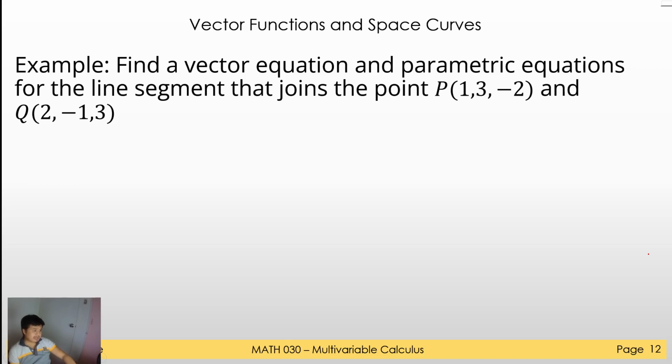Okay, so we have another example here. Find the vector equation and the parametric equations for the line segment that joins the point P and Q. Okay, so how do we do this? So a vector equation that is a line segment. So how do we find the line segment? What is the formula for a line segment? We did not discuss this